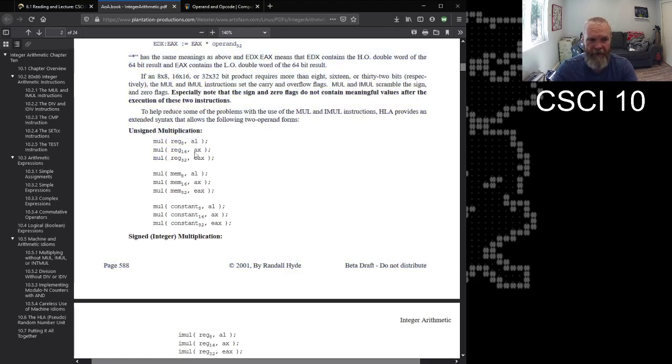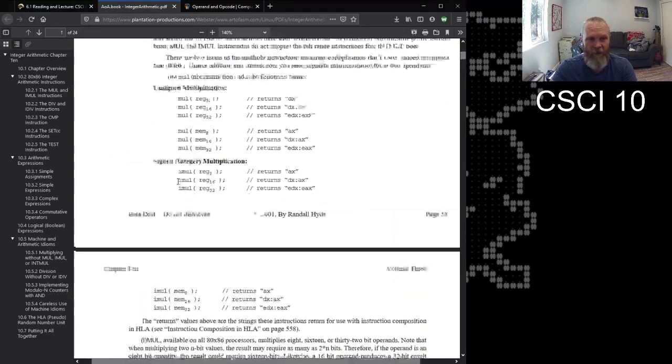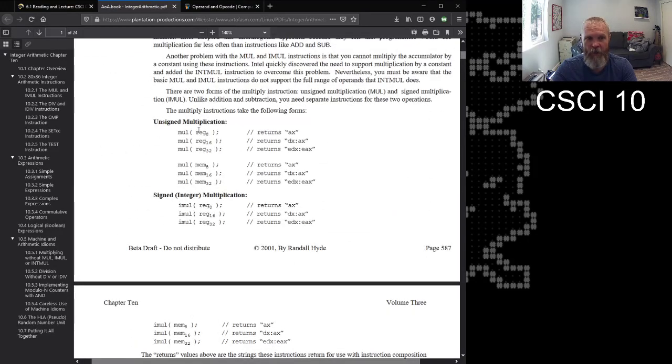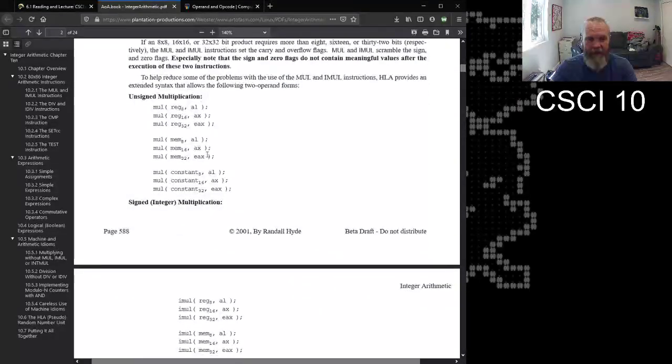So where the HLA language makes it easier, sometimes we're going to take advantage of that. So these are the ones we're going to use. Because we're using the HLA form of these, we get some help. You'll notice in the Intel ones, the only things that you can do are registers and variables in memory. But if we use the HLA ones, we can use registers, memory, or constants, which is super helpful if we want to just multiply something by 2, let's say. We now can use 8, 16, or 32-bit constant values.